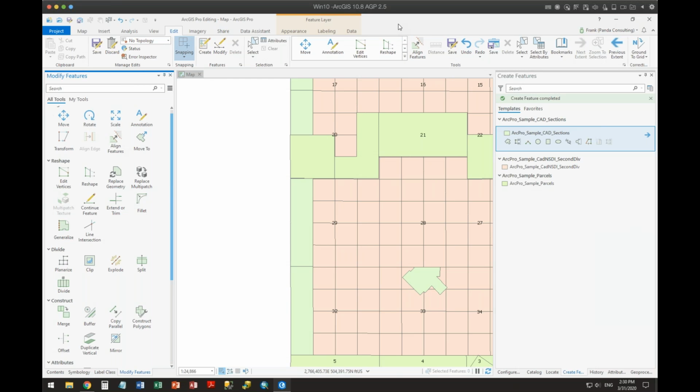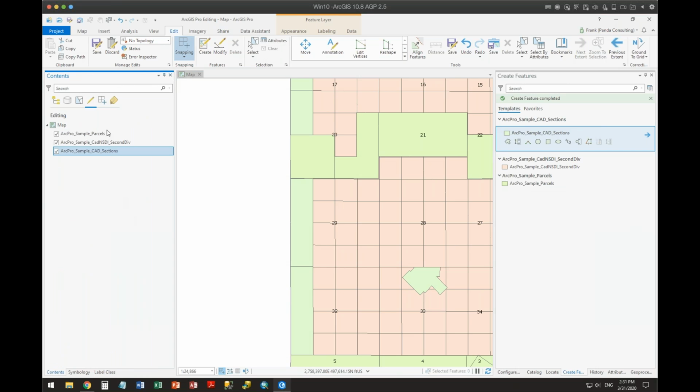Can you customize the order in which you see the tools in the gallery? Okay, I'm going to ask you, Nancy, go ahead. I was going to have you go through it one more time, but the question was, can you modify the order? Because being able to see these is really critical. So let's go through that one more time and then show if you can reorder them. Yes. Okay. So let's start one more time. Let's close out our all tools, which is actually called the modify features pane. You have everything in here.